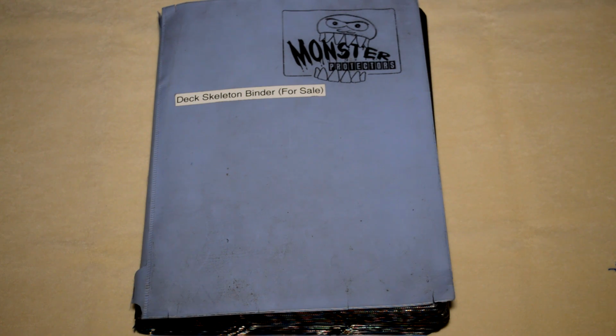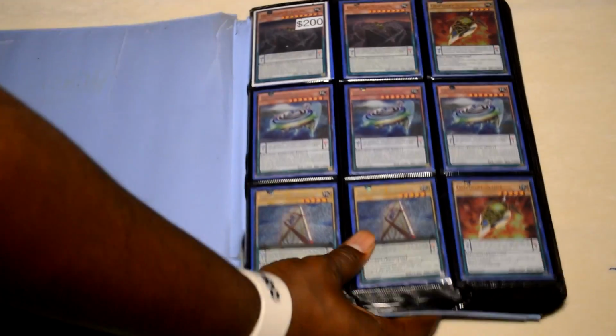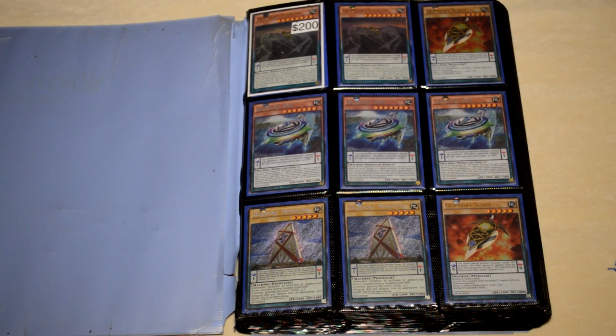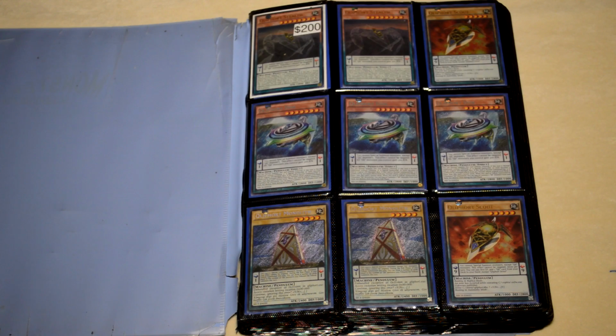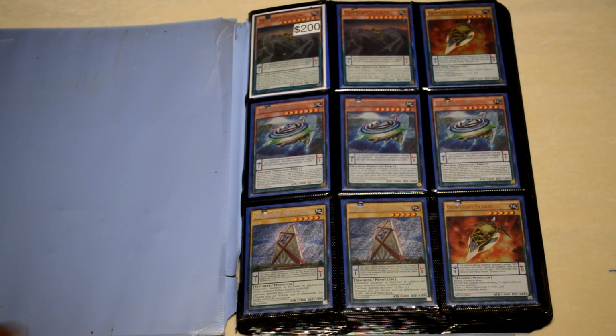Not everything in the binder goes together as itself, but you'll see that cards are sometimes color-coded, or you'll be able to tell the difference between one core and another, and all of those cores will go together as a whole. So let's get started, shall we? The Cleaforts. Now, with this Cleafort core, I know you guys see a very hefty price tag, but if you look at the whole thing, it's actually extremely cheap compared to what it could be. You have 2 Cleafort Stealth, your 2 Cleafort Scout, your 3 Cleafort Dish, your 2 Monoliths,